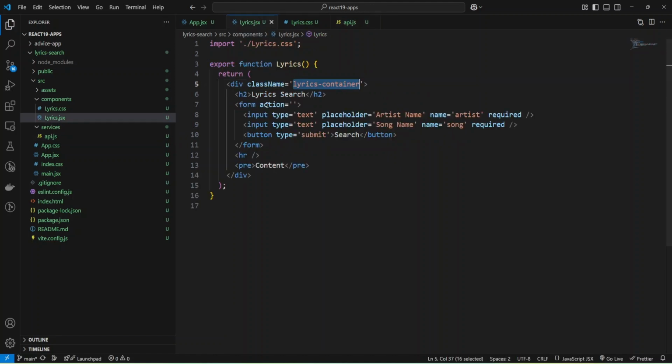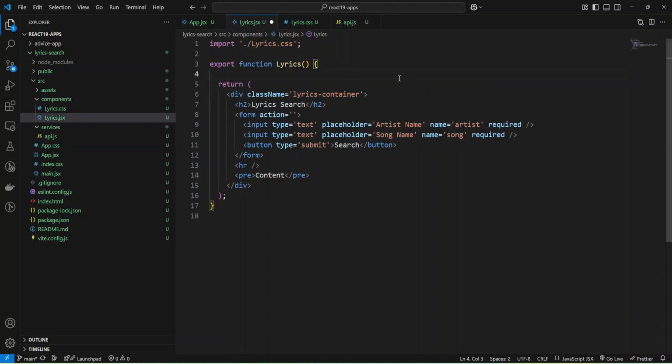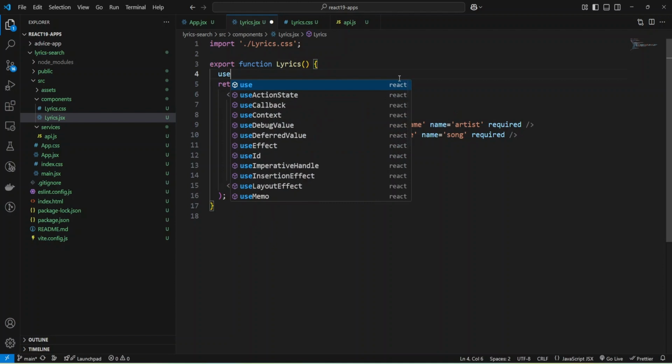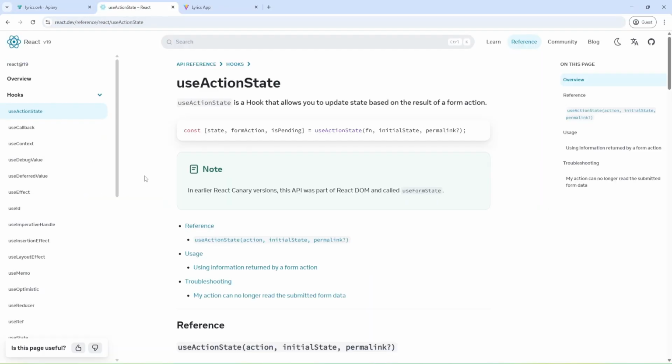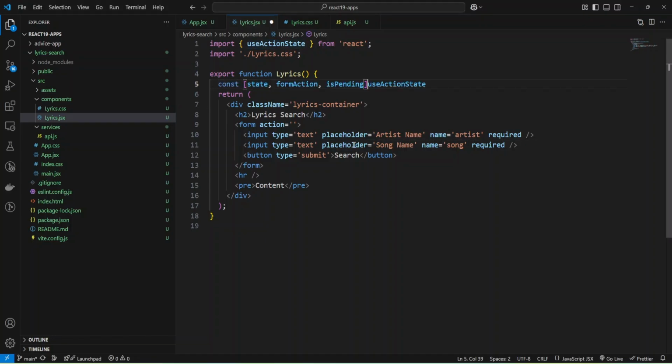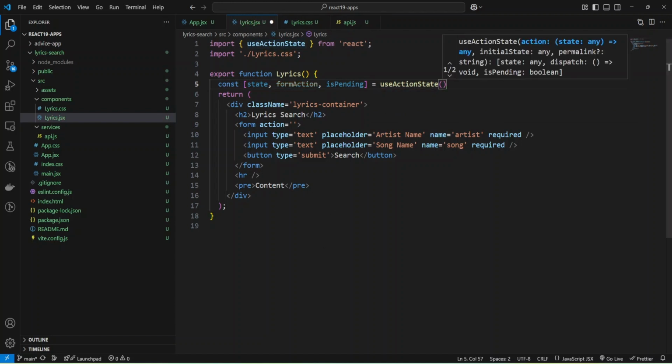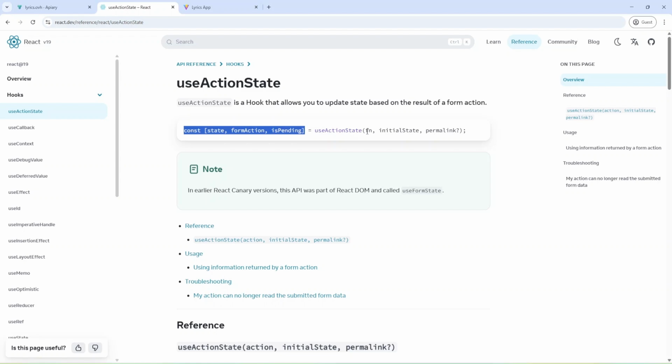Let's go back to our component, and now I'm going to use the useActionState hook, and as you can see, the import was added, and now I would like to check the docs. As you can see, the useActionState hook returns state from action and isPending. I'm going to use this and assign it to my hook, and also I need to provide a function and probably some initial state.